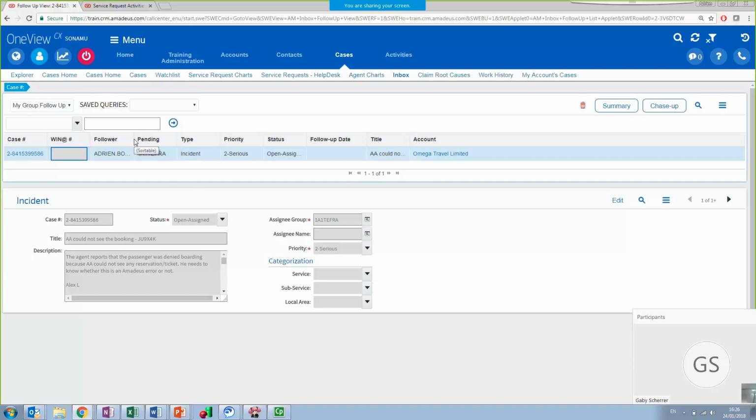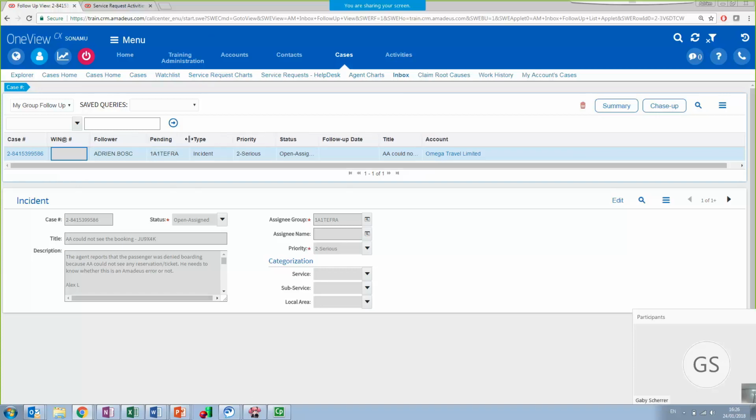In my group follow-up, there is some interesting information. The first one, pending. I have assigned it to this group, so as soon as I have assigned and follow up to this group, it will be pending the action of this group, and I am the follower of this case.